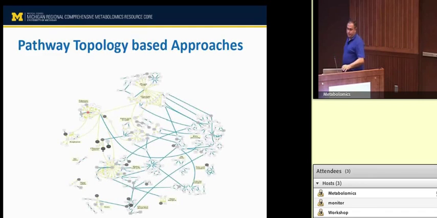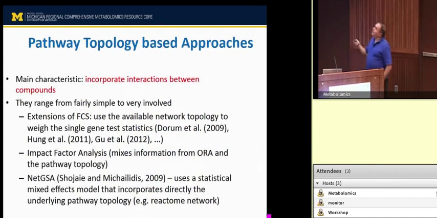So the last thing, for which I will not give you any details, is pathway topology approaches. So suppose that we had the underlying network map. So we knew how the compounds were related. We have reaction information that we can extract from KEGG, and so forth. So this is the 3rd generation, and this is still a very active research area. So the main characteristic is to try to incorporate interactions between the compounds. So again, as you can see,